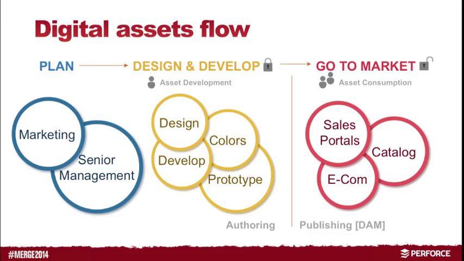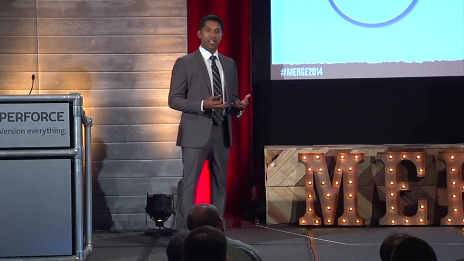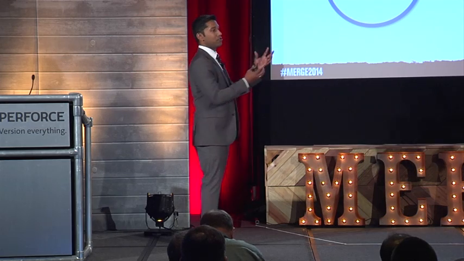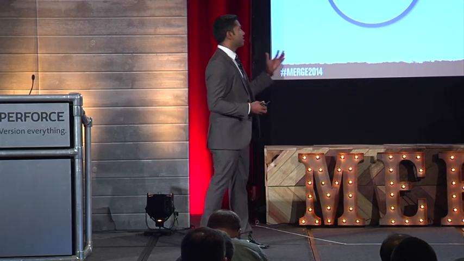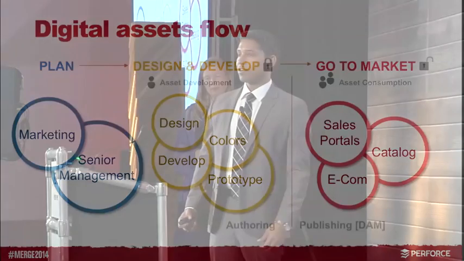And this is where, in the beginning of every season, we have multiple seasons in a year, the marketing team comes up with a plan of what they want to sell, what markets liked last time, and the design team goes on to make multiple versions of the shoe. There are multiple iterations. Then they develop colors, prototypes, and then finally, when the assets are ready, they get pushed into the publishing area, which is basically the domain of the digital asset management system, where it gets pushed out to all the consuming services like portals, e-commerce sites, catalogs,